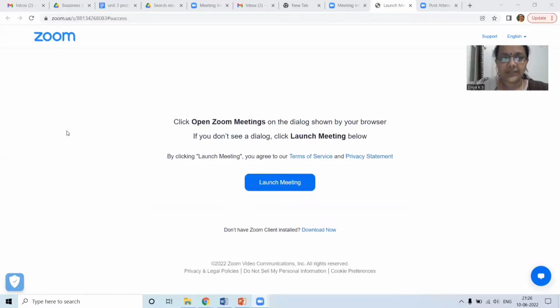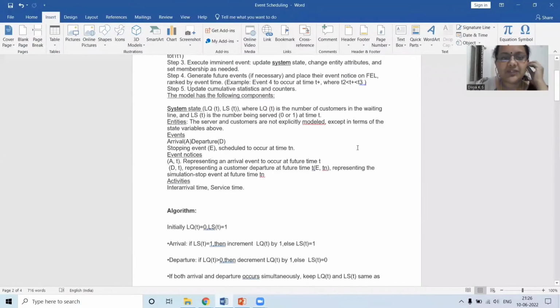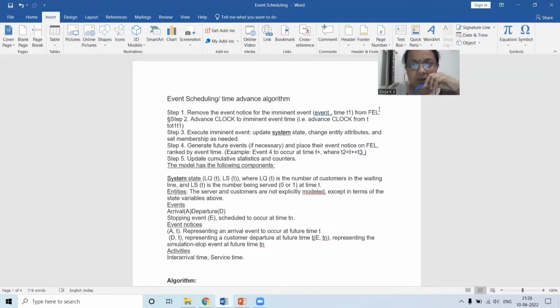So everyone has to follow the same steps. What is already there in the algorithm, we'll show you here. These are the first steps for the event scheduling algorithm. Step number one, remove the event notice from the independent event from the FEL. FEL means future event list. So first we have to create the future event list, and from the future event list, you have to remove